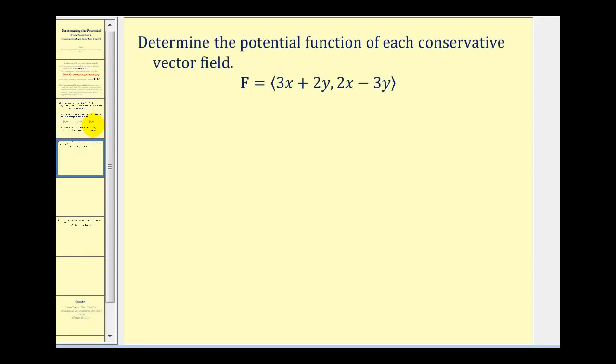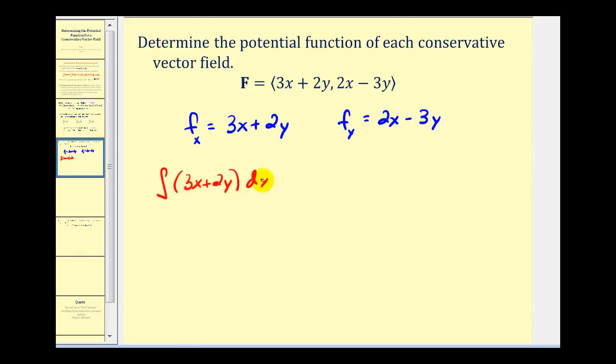Again, we're already given that this is a conservative vector field. I do have another video that shows how to test for a conservative vector field. But since we know this is conservative, we know that the partial derivative of f with respect to x is going to be equal to 3x plus 2y, and then partial derivative of f with respect to y would be equal to 2x minus 3y. And so the potential function would be the original function f of x, y. So if we integrate 3x plus 2y